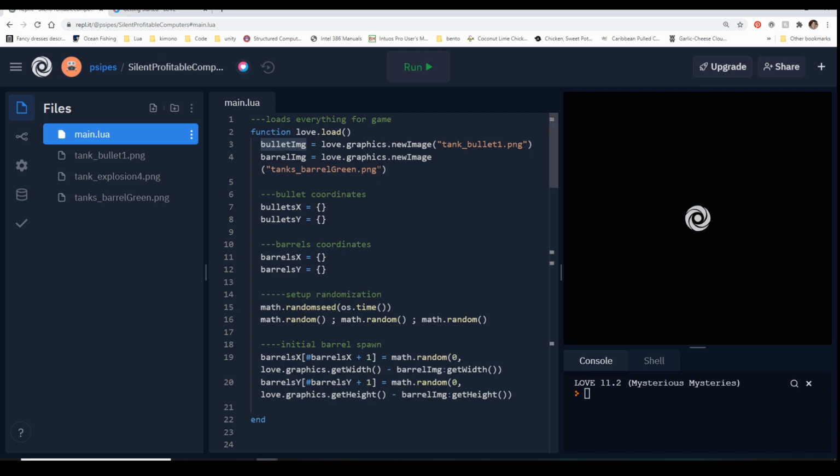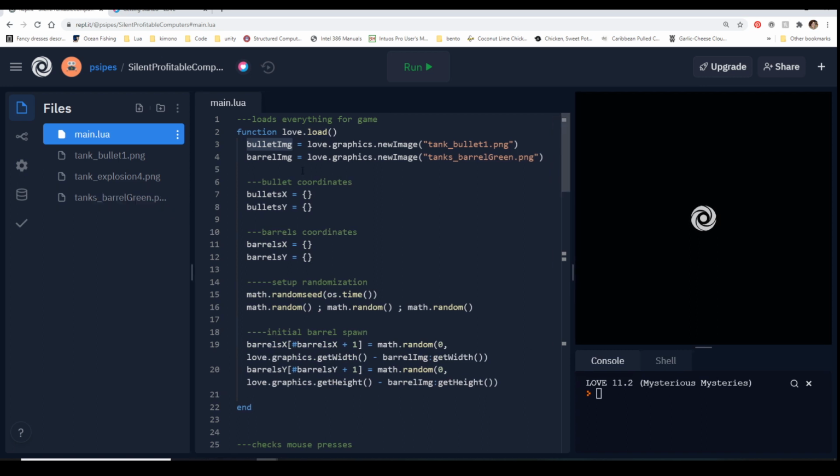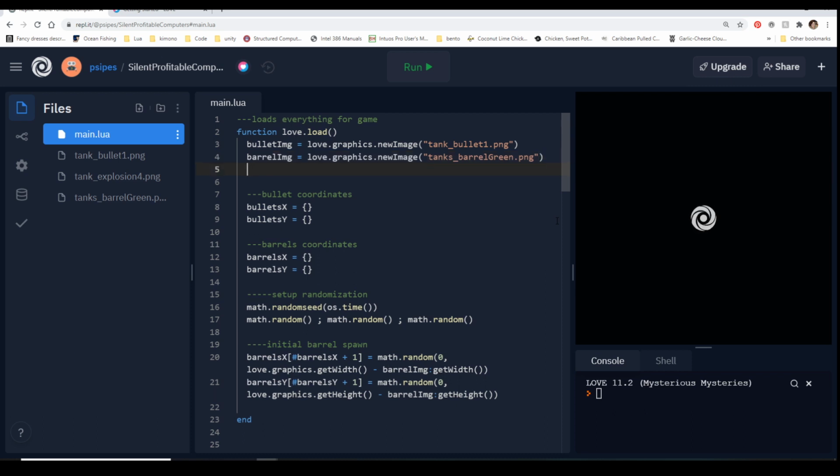And up here where we have our image bank, these don't have to be in this order. I like putting all of my images that I'm loading in one spot, only because it's easier for me to find them. And we're going to do explosion image, I'm going to say equals love.graphics.newImage.